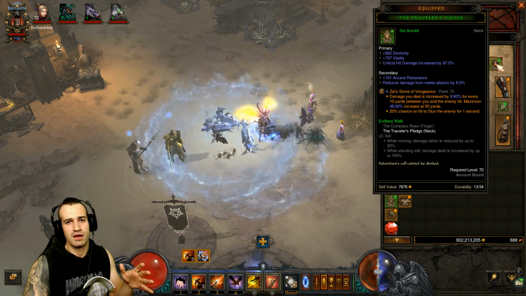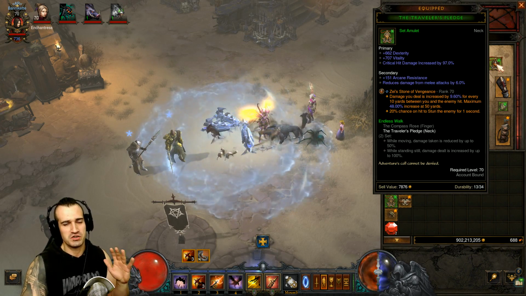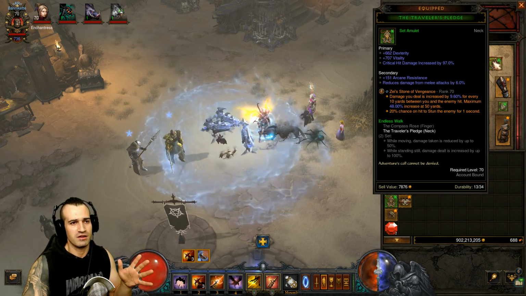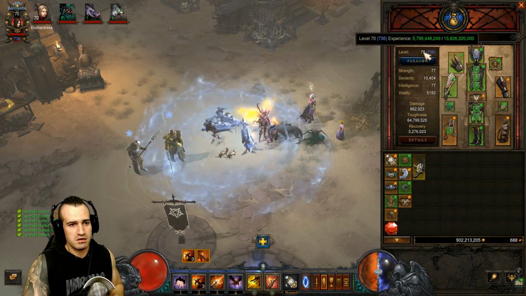Must have a socket in your amulet and your 2 rings, guys. No matter what you do, make sure the socket is there. It doesn't matter what you have to sacrifice, socket, and then try and work on getting a better item in the future. But Zay's Stone of Vengeance,